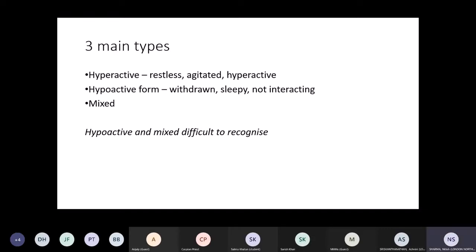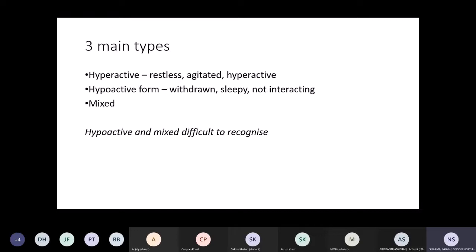A patient might be living alone, and sometimes the carers would come and see that the patient is completely normal, but as soon as the carers go, the patient might become agitated. Or when a doctor sees them, they are normal, and then again when a GP sees them, they're normal, and then when they go home, they become hyperactive again.